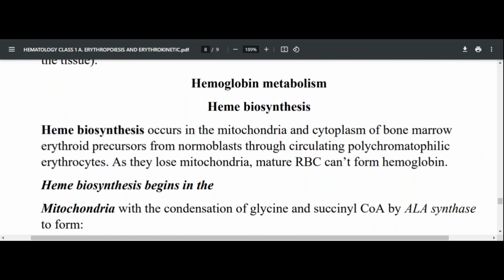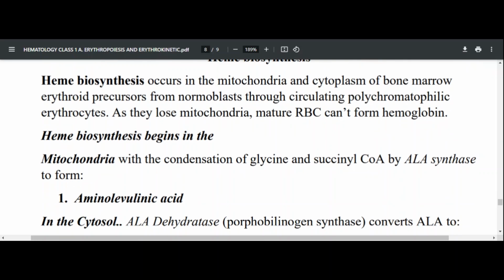So now, hemoglobin metabolism, of course, is about heme metabolism, because I've seen hemoglobin and we'll still see it later in other courses. Heme metabolism, or heme biosynthesis, is very important. Heme biosynthesis begins in mitochondria with condensation of glycine and succinyl coenzyme A. So it is in mitochondria that it starts. So heme biosynthesis starts with